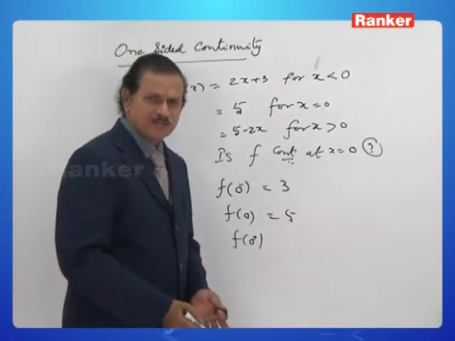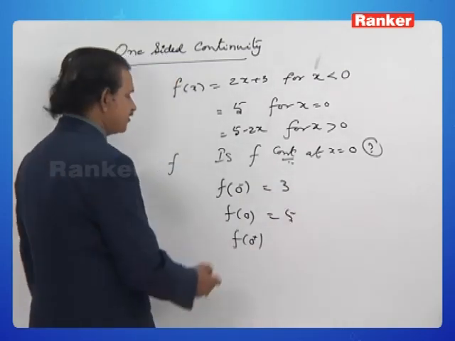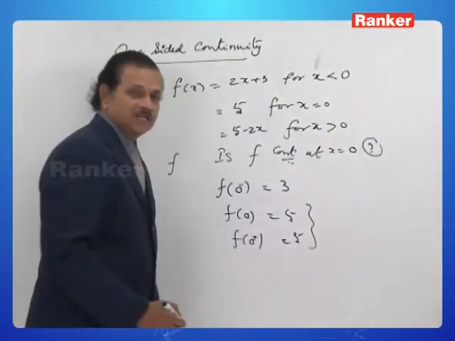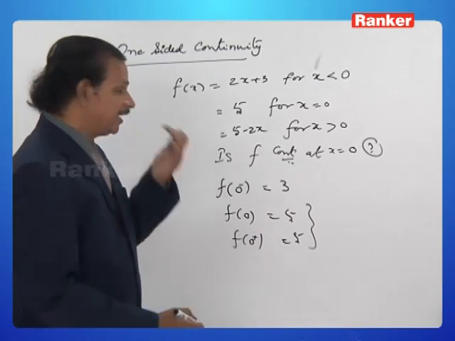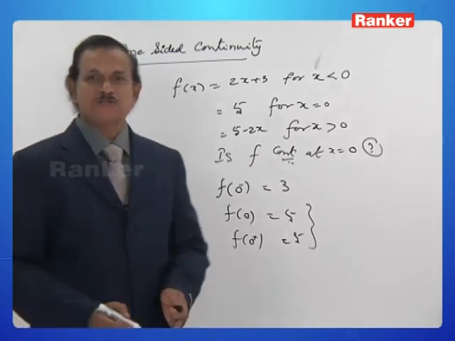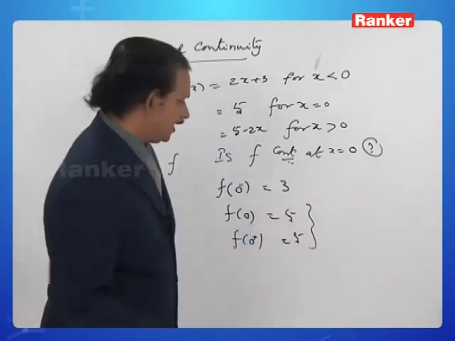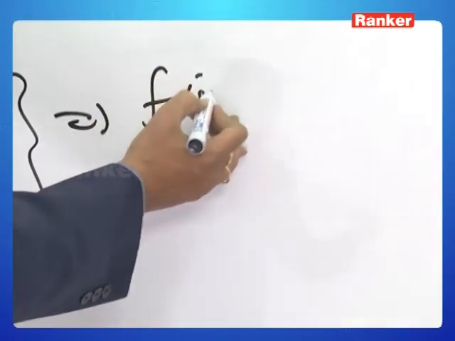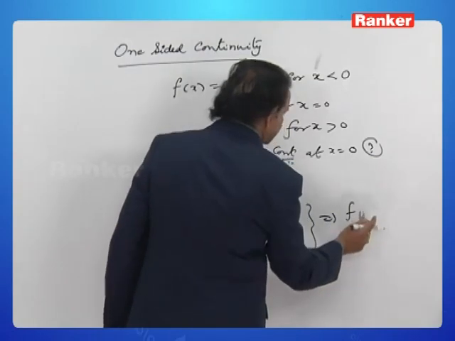Let us check about the right continuity. What is f of 0 from right? 5 minus 0 is 5. Of course, our plan is successful. We could have constructed a function which has right continuity. From these two, we notice that f has